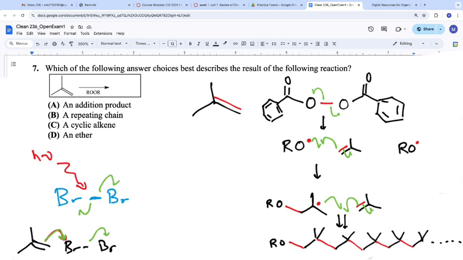Okay, is it an addition product? Did it do an addition? Not necessarily. Isn't radical chemistry its own subset? So is it addition? Yeah, it is technically an addition reaction. Okay, because we did lose the pi bond and we formed 2 sigma. But then we lost another pi bond and formed 2 more sigma. And then we lost another pi bond and formed 2 more sigma. So while it is an addition, it seems like it's still going.